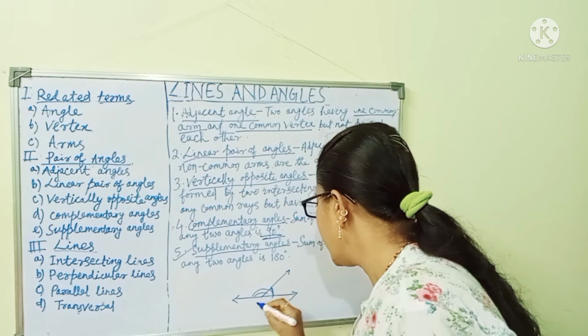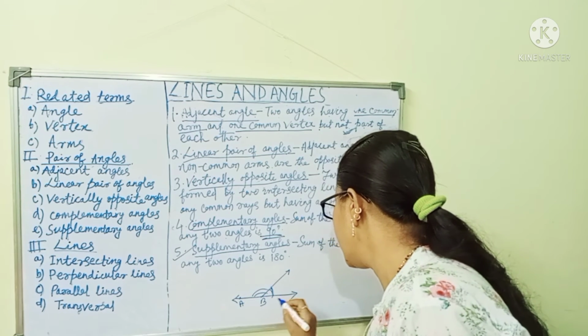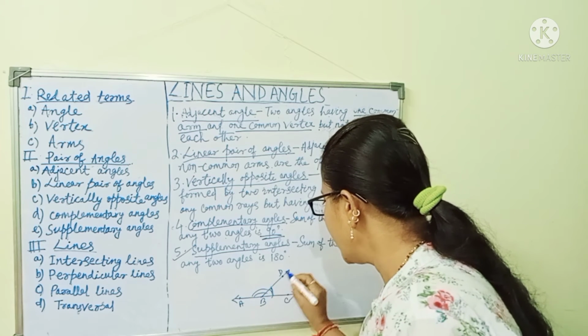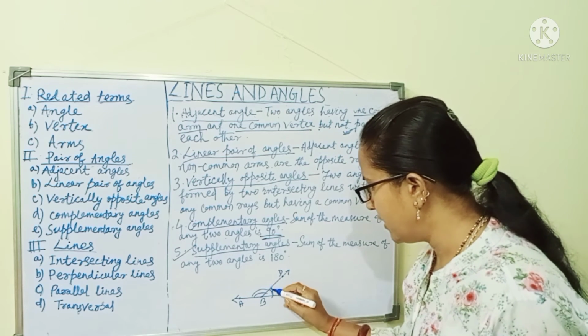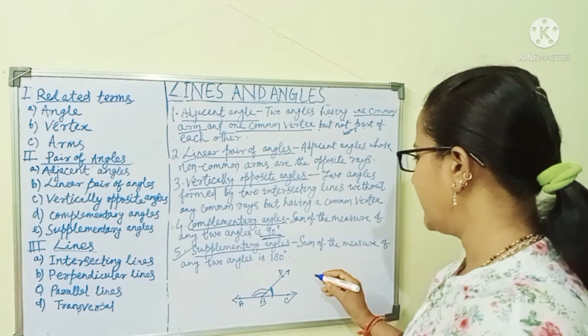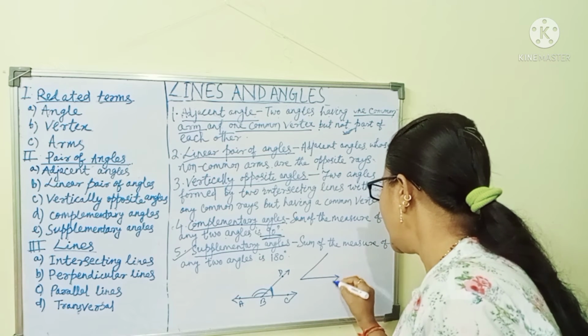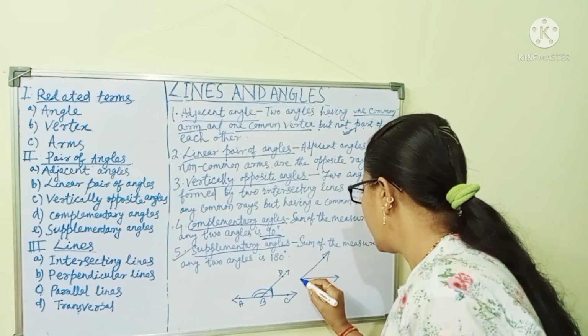And this is A, B, C and D. So ABD angle is the supplementary angle of DBC angle. These are supplementary angles. If I draw separately, if I take this angle A,